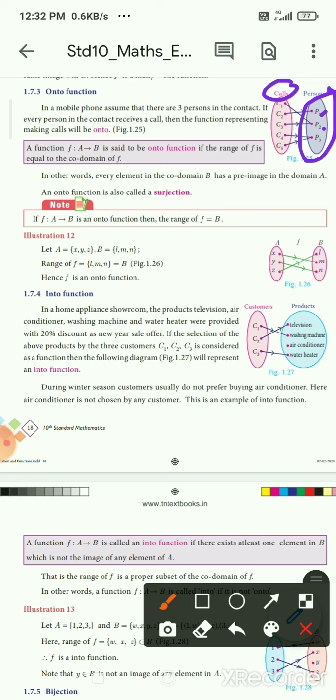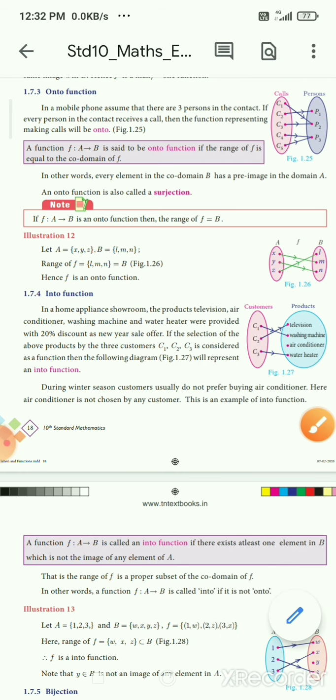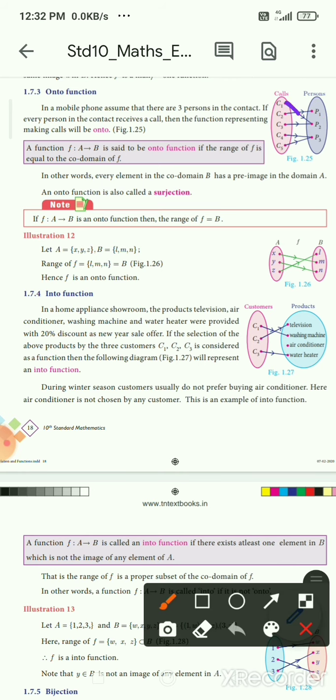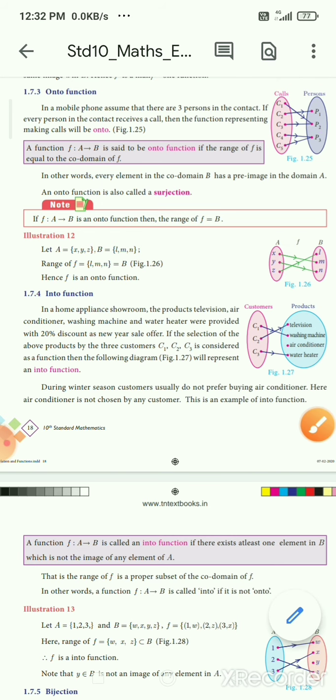Set A is calls and persons is referred to as B. How many calls? C1 to C5, 5 calls. Making calls to a person is a function, a function from calls to persons.